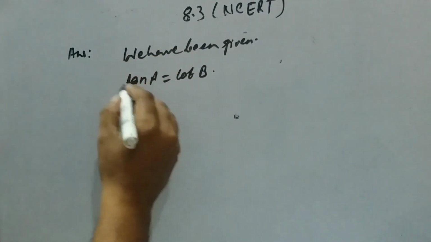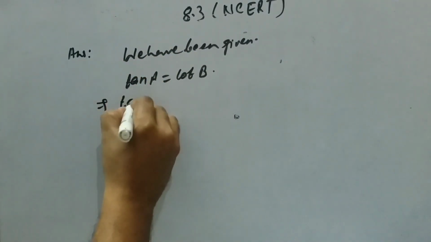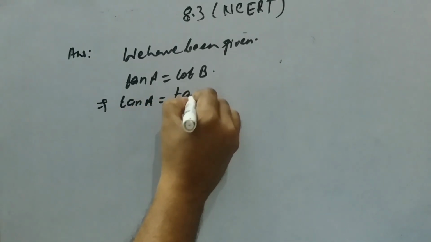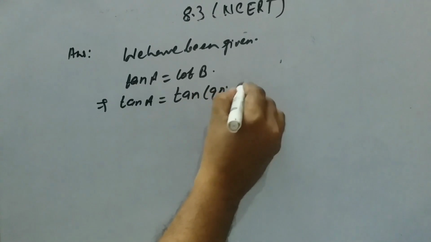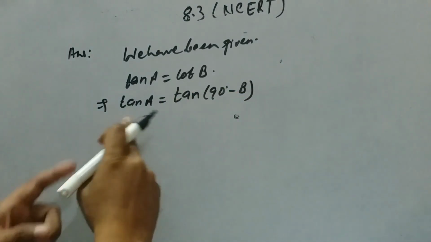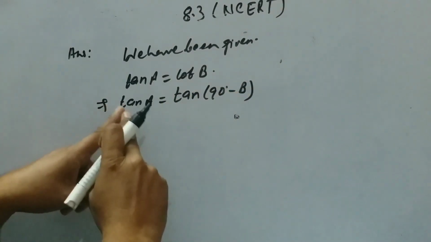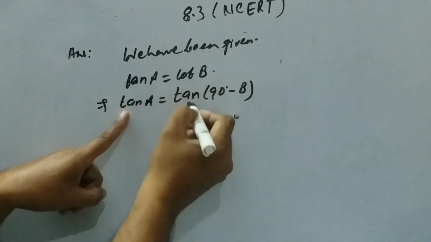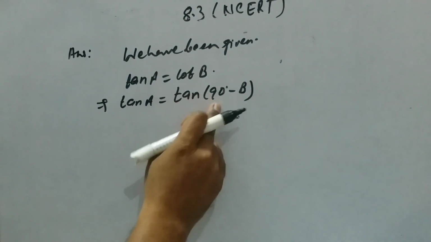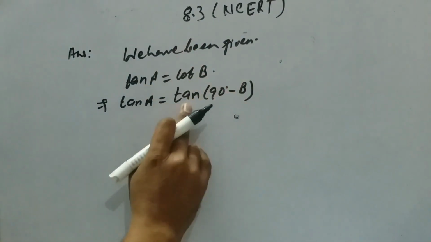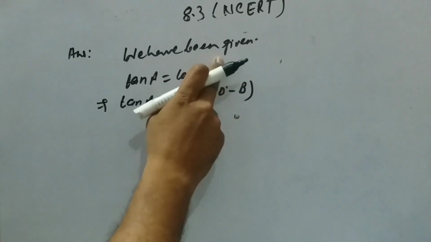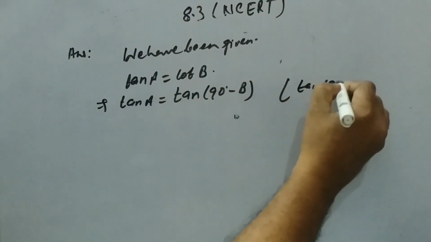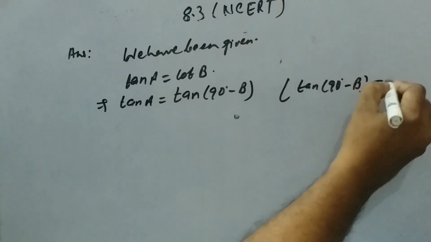Okay, this implies that tan A is equal to tan(90 degree minus B), because we have to bring the same trigonometric ratios here and here. This will be written like this because tan(90 minus theta) is equal to cot theta, and that is tan(90 minus B) equal to cot B. So here you will write tan(90 degree minus B) is equal to cot B,